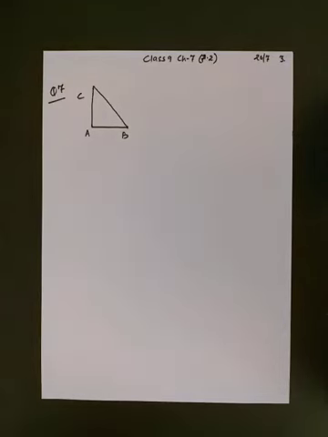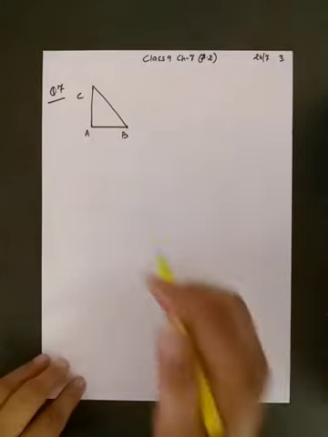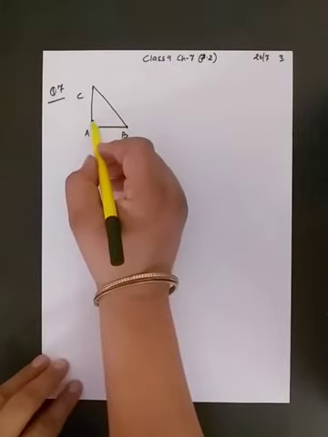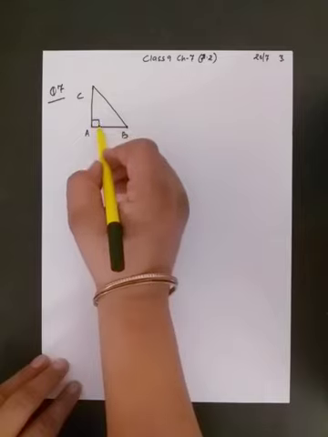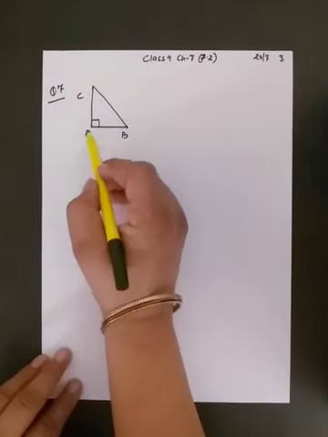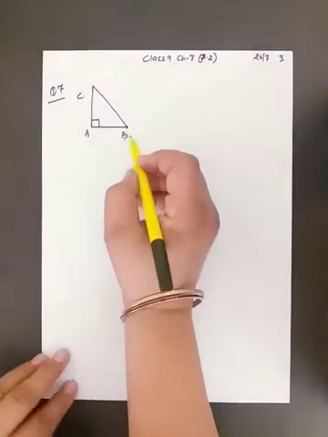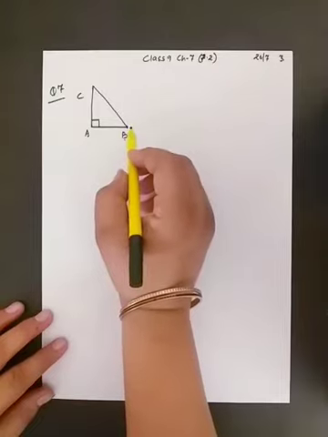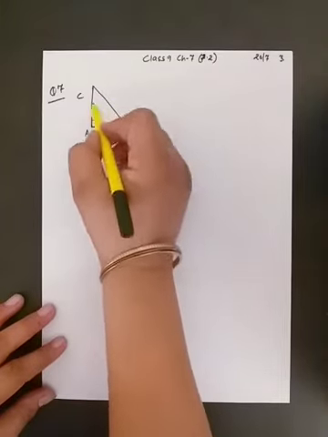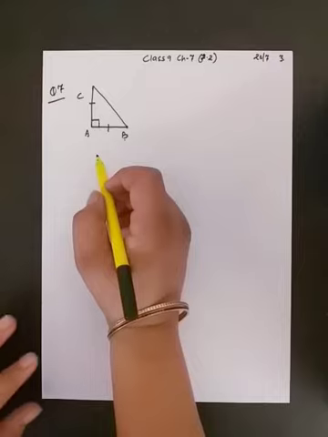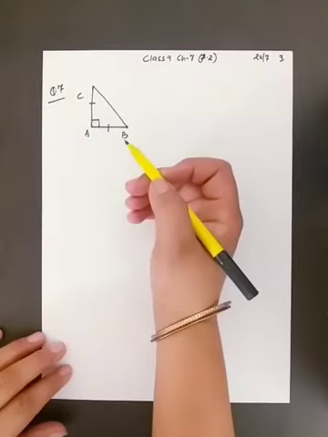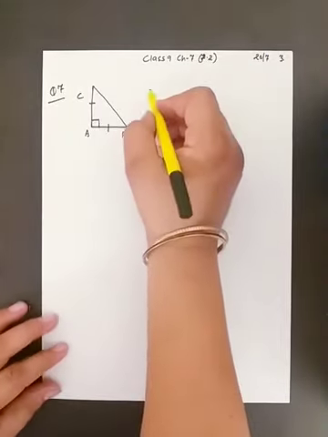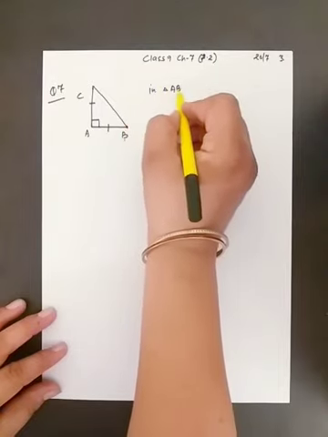Next question, question number 7. Triangle ABC is a right angle triangle in which angle A is 90 degree. So I'm drawing a figure of a right angle triangle like this, and A is 90 and you can write B and C on any of the vertex. And AB is equal to AC. AB and AC is given to you equal. Find angle B and angle C. We have to find the measure of angle B and angle C in triangle ABC.